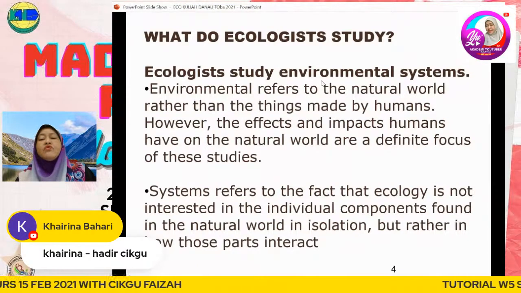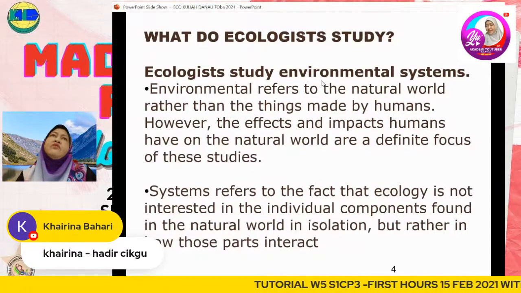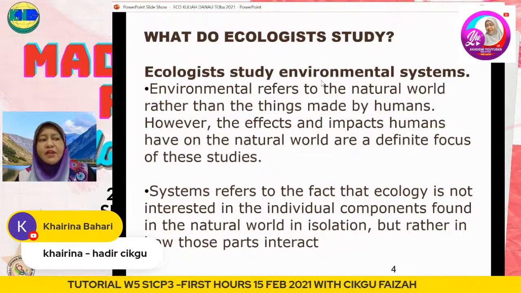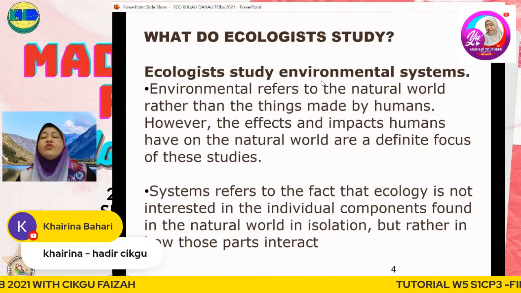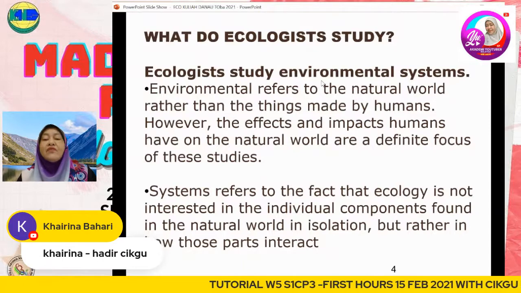Right? You can go everywhere in the world. Okay, class? Okay, you can observe the lake. You can observe the river. The forest, right? Okay, so environmental refer to the natural world rather than the things made by human. Itu sebenarnya nature, itu sebut ekologi lah. But, however,